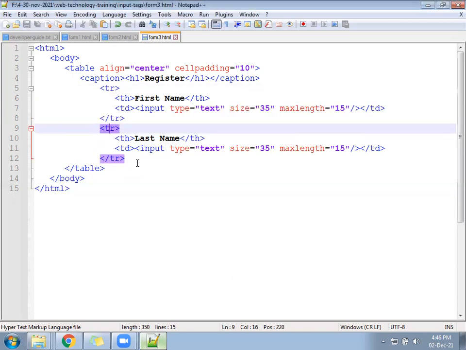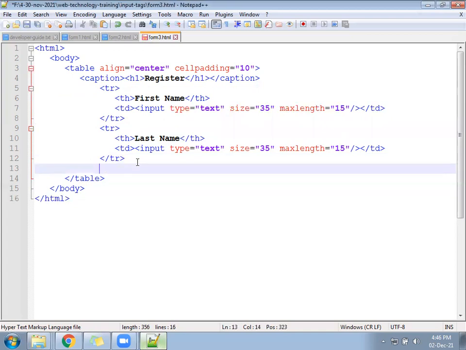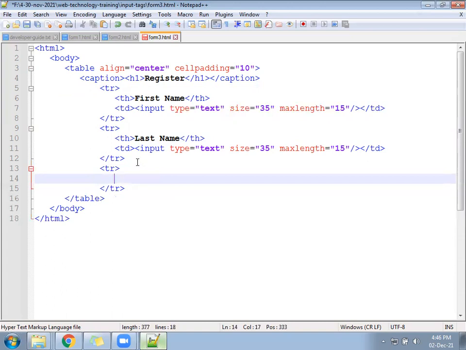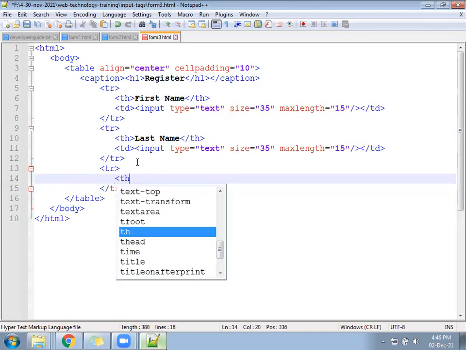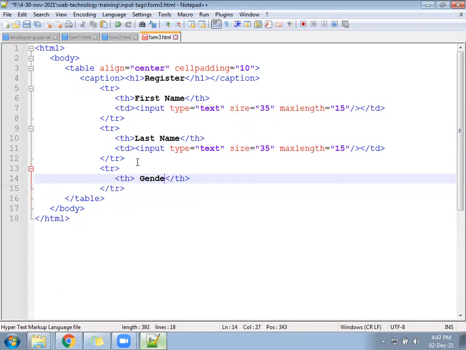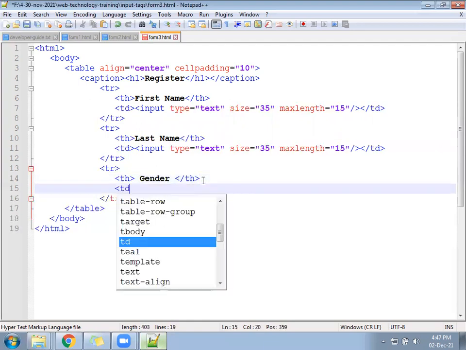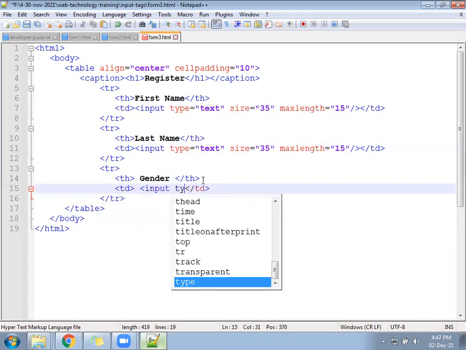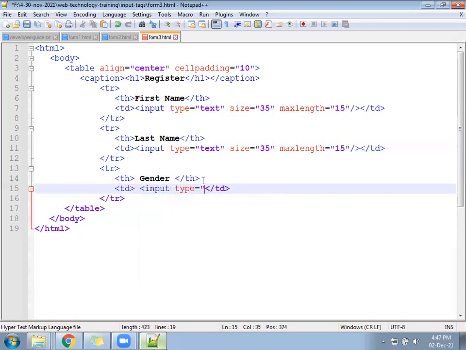Okay, so 2 TRs we added. Let's add one more TR. TH, ask gender. TD you will follow. Input type equal to radio.